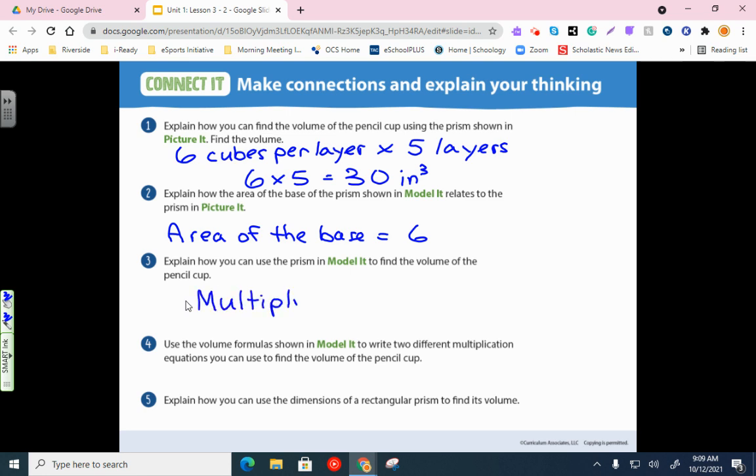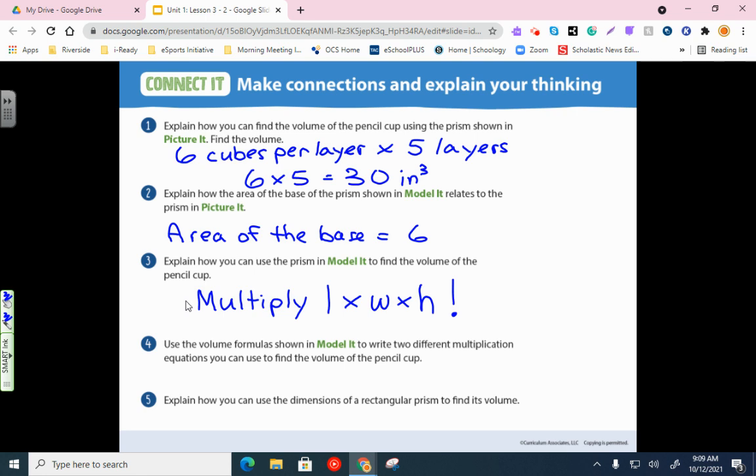Multiply length times width times height. And we don't even need to write out length, width, height. We know what those letters stand for now. Use the volume formula shown in the model to write two different multiplication equations you can use to find the volume